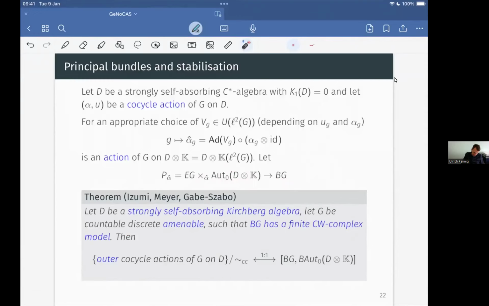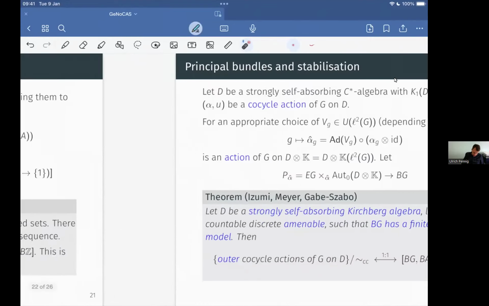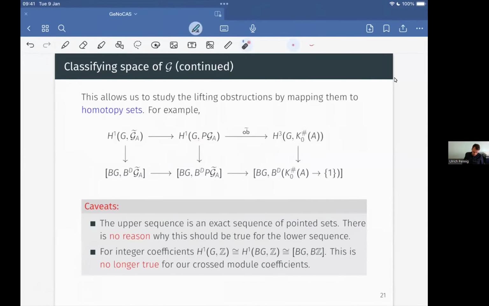And there's a result by Izumi, based on deep results by Meyer and Gabe and Szabo, that if you have a strongly self-absorbing Kirchberg algebra, and G is a countable, discrete, and amenable group, and BG has a finite CW complex model, then actually the outer cocycle actions of G on D up to cocycle conjugacy are in bijection with the homotopy set that classifies bundles of this type, right? So with the homotopy classes of maps from BG to B Aut_0(D tensor K). All right, and so that is closely related to maps like this one for